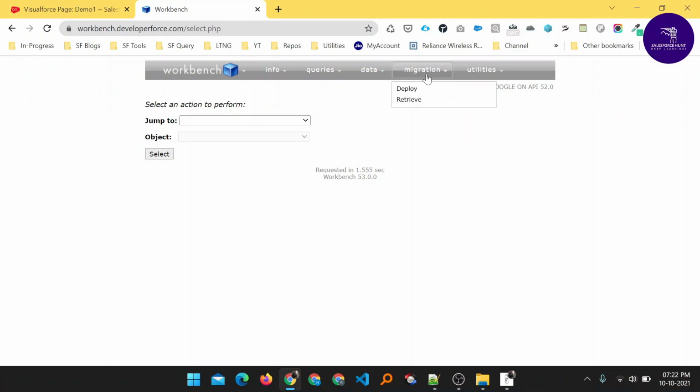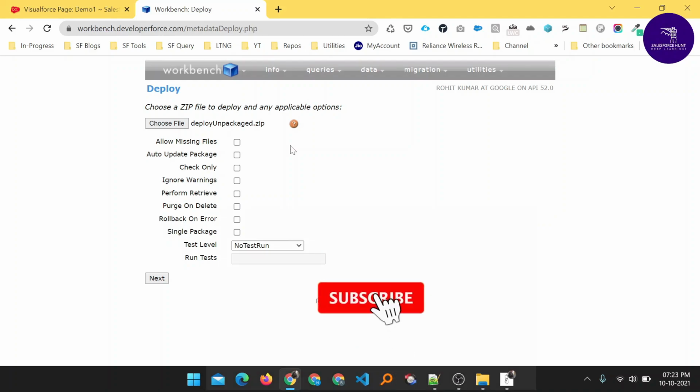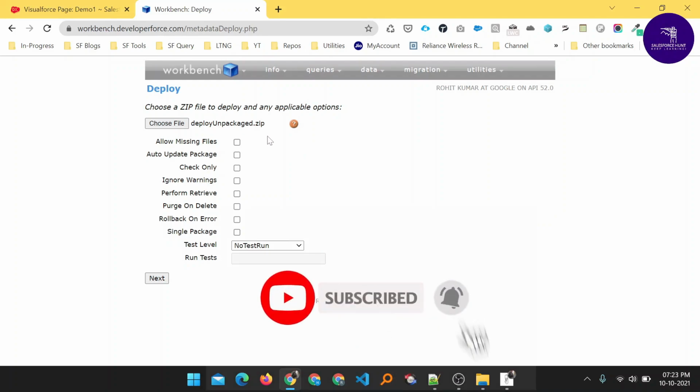Under the Migration tab, click Deploy. Then browse the deploy unpackaged zip file.